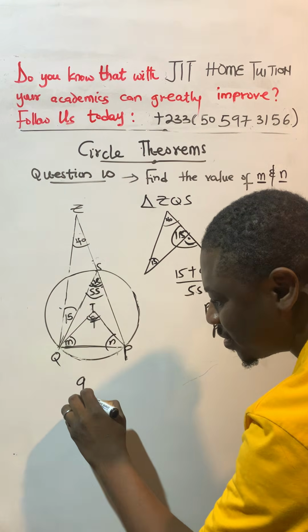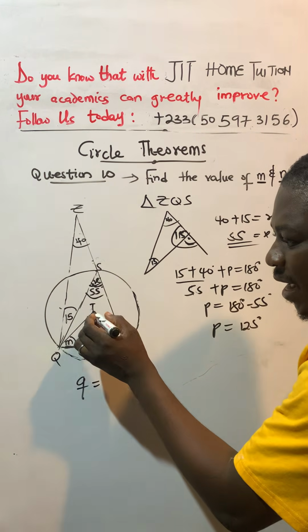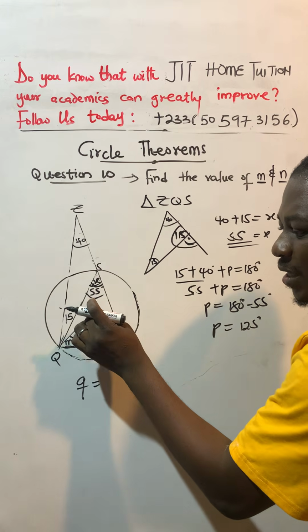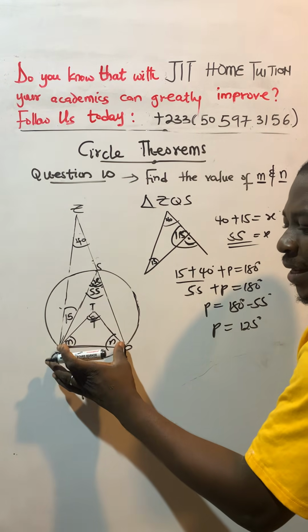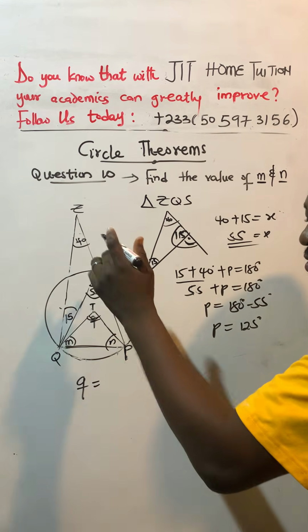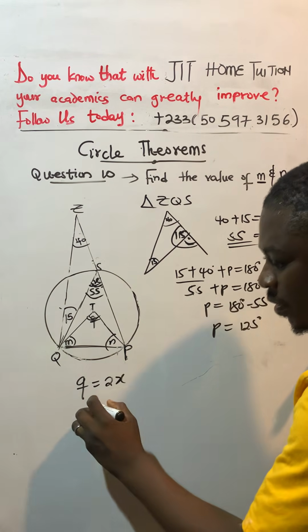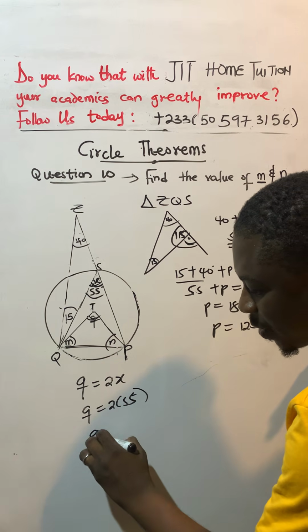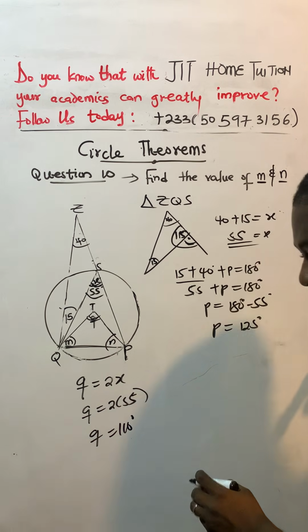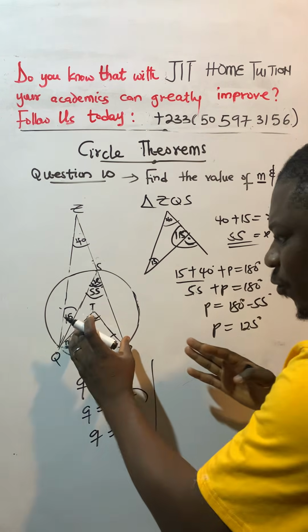So the theorem is saying that the angle which the chord subtends at the center of the circle should be equal to twice the angle that the same chord subtends at the circumference of a circle, in this case 2x. So K will be equal to 2 times 55, and that will give you 110 degrees. Now, have you realized that when you